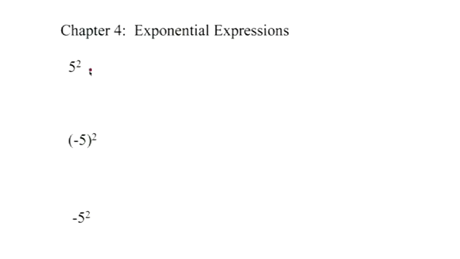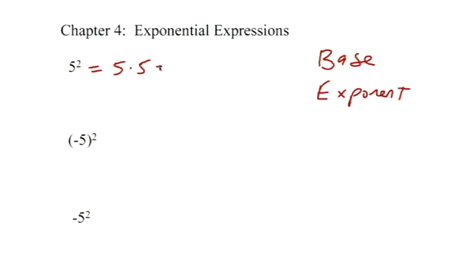In an expression like this, 5 squared, or 5 to the second power, the 5 is called the base, and the little number up here, the 2, is called the exponent. And the exponent basically tells you how many of the bases to multiply together. In other words, 5 squared means multiply 2 5s together, and 5 times 5 is just 25. Another term used for exponent is power. So some of you that have heard power, that's another usage. That's right. So some will call these power expressions as well.